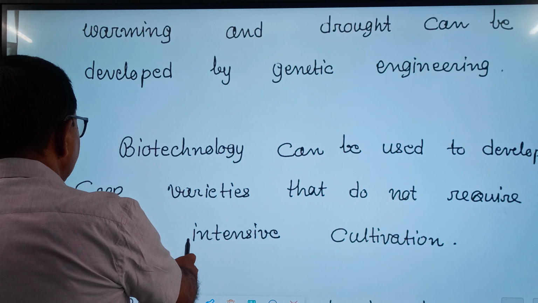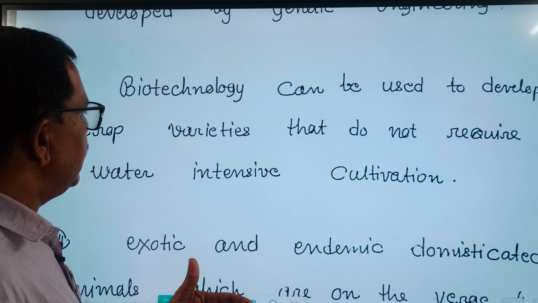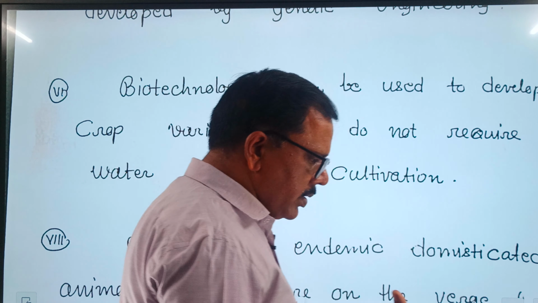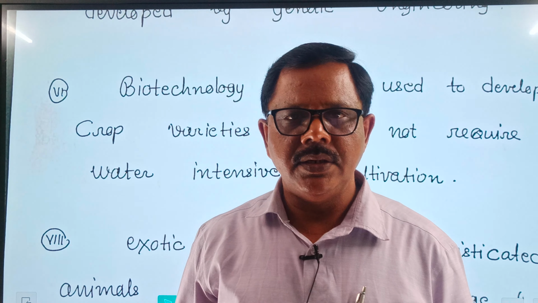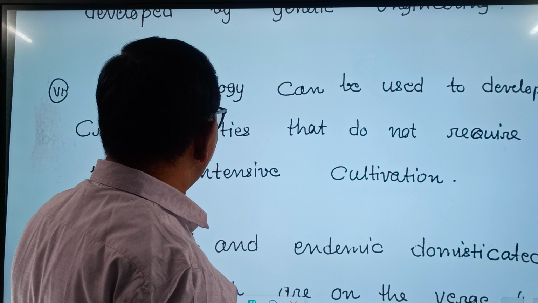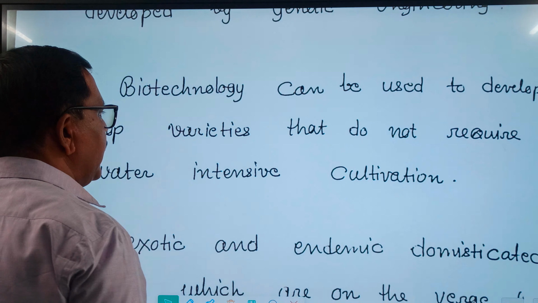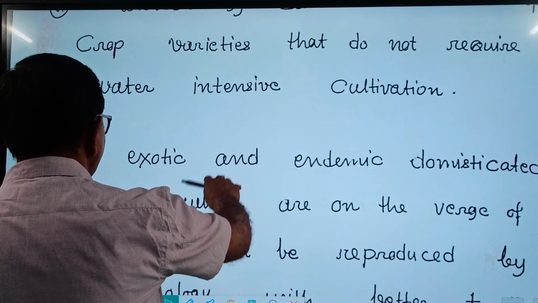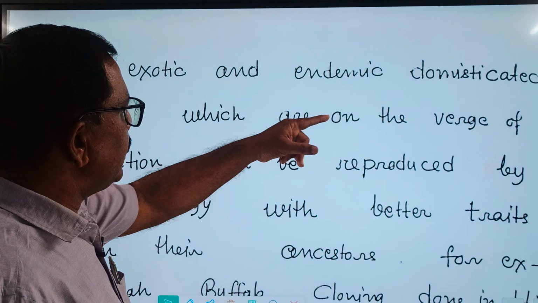Later you write the next point over there. The biotechnology can be used to develop crop varieties that do not require water intensive cultivation. So due to scarcity of water, some sort of technologies have been applied by the scientists so that with minimum water availability, with the help of biotechnology, we can develop crop varieties that do not require water intensive cultivation. Later the next point over there, it is also necessary to mention exotic and endemic domesticated